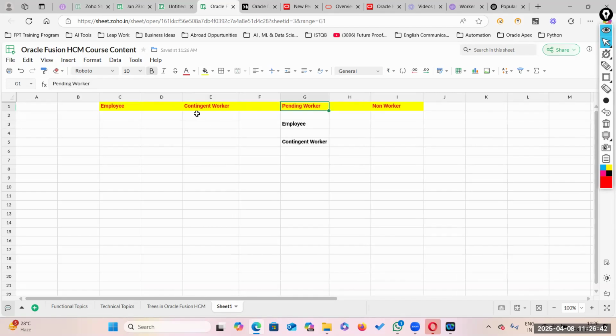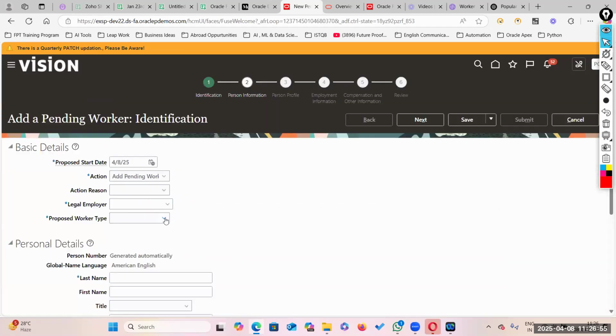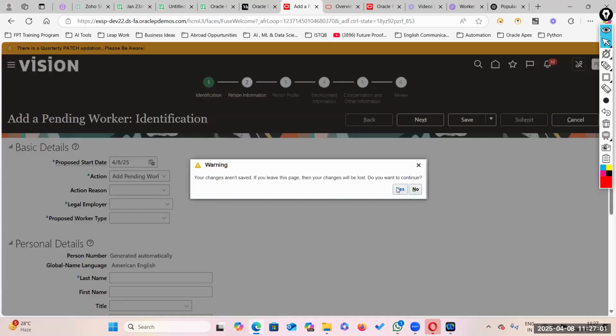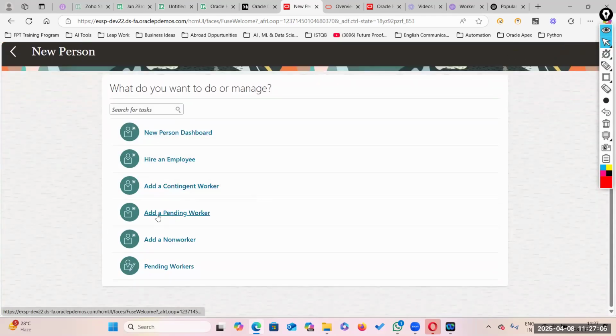Meanwhile, before the contingent worker becomes active, we will see how to hire a pending worker as well. Add a pending worker. Before doing any of these four, what is the primary step we need to do? Hire an employee, add a contingent worker, add a pending worker, add a non-worker. What is the first step we need to do? We need to